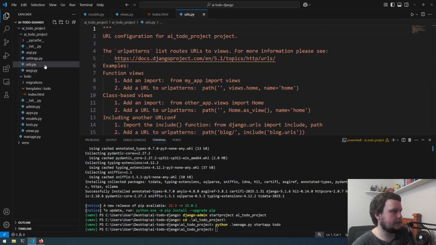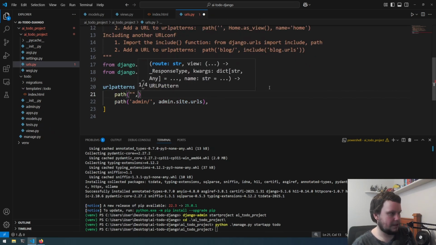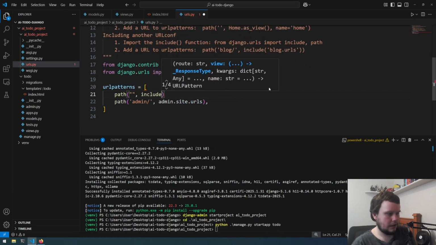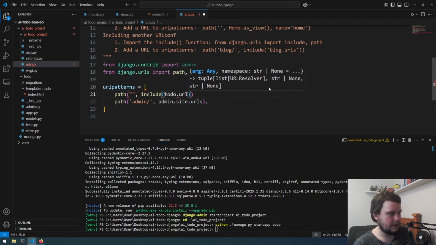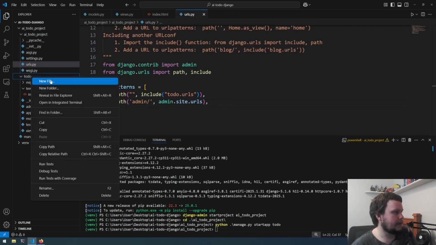We'll go to the URLs here, and within this import, we're going to include import include, and we'll add an empty path, which then goes to include todo.urls, and that should be a string, and we add a comma there. So with this, we now need to create a urls.py within todo, which we will do. So go back to this directory, create a new file